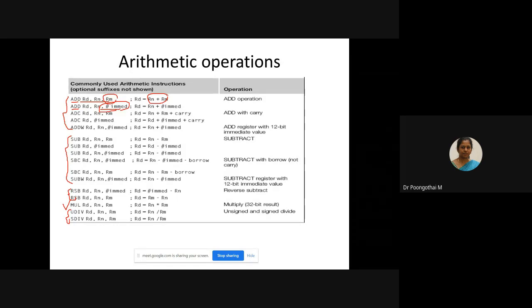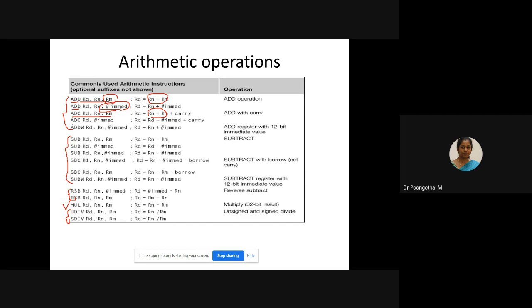The third instruction is add with carry. So we are going to add the carry along with your source operands. If any carry is generated in the previous operation, that carry should be accumulated in the current operation using this add with carry.